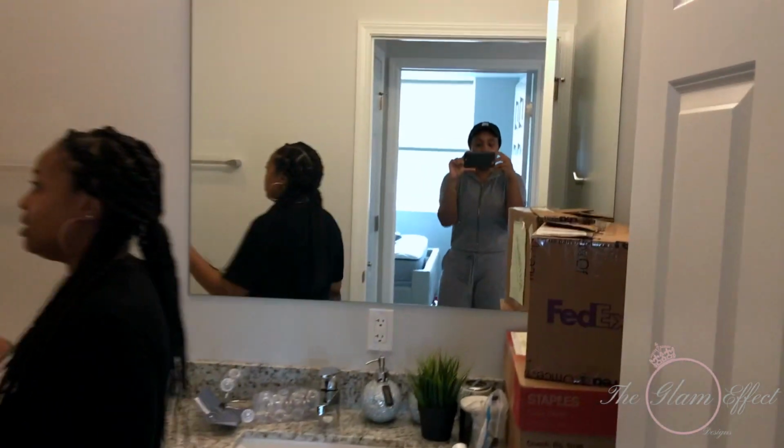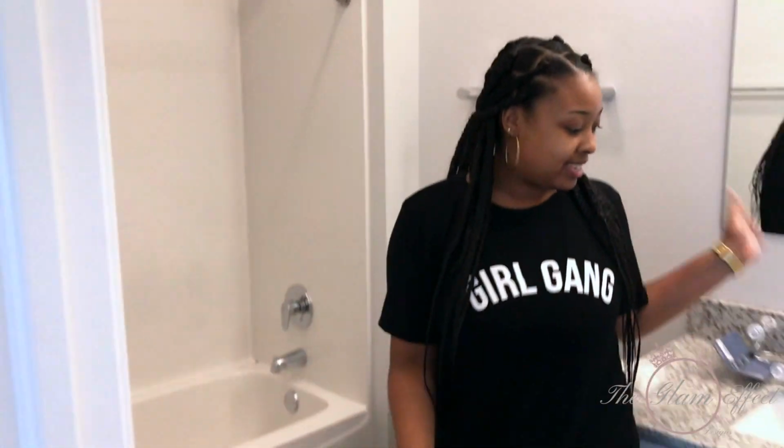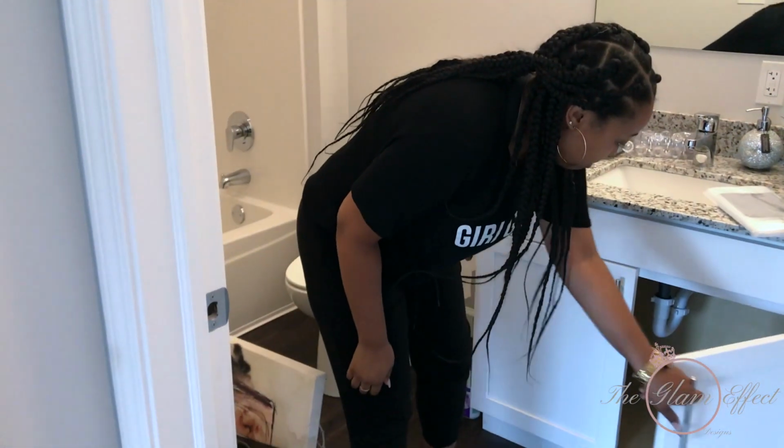And this is the bathroom. So yeah, this is the bathroom. Okay, regular bathroom, cabinet space. And then here,